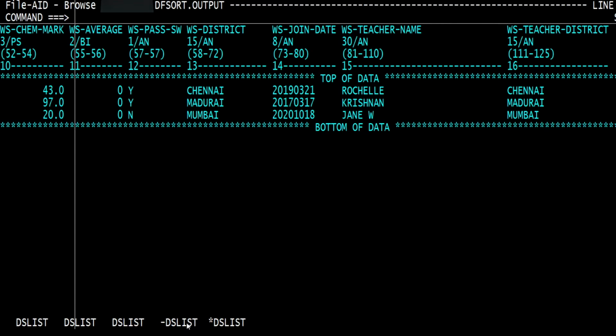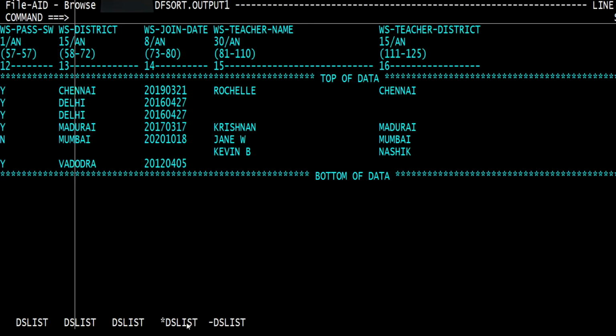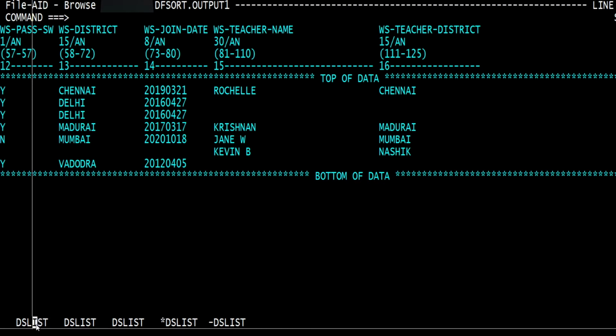After submitting our job, this is the output that has been generated. As we can see, it picked the matching records like Chennai, Madurai and Mumbai, but it also picked the unmatching records from file 2 like Nashik, and also the unmatching records from file 1 like Delhi and Vadodara. Also note that the data is sorted based on the district, since that is given in the key here.